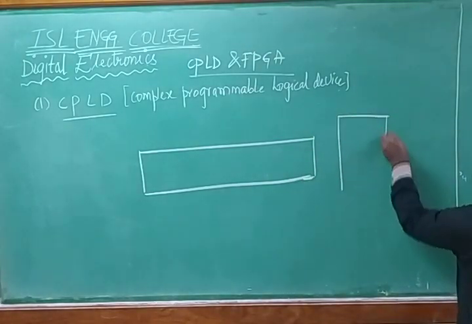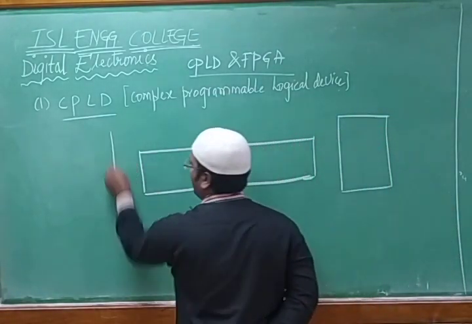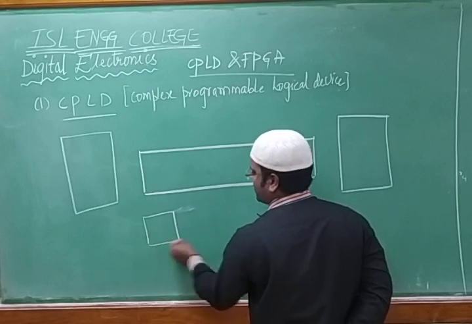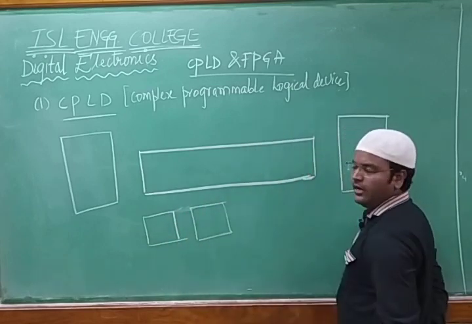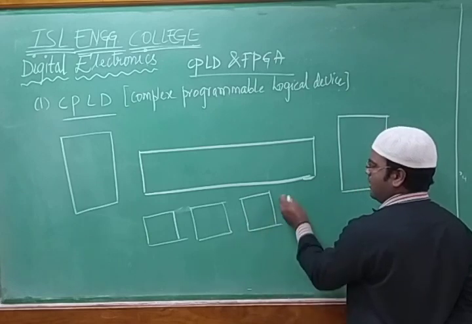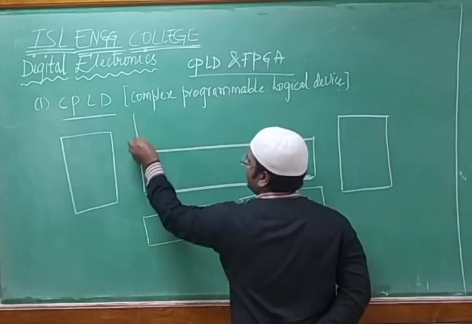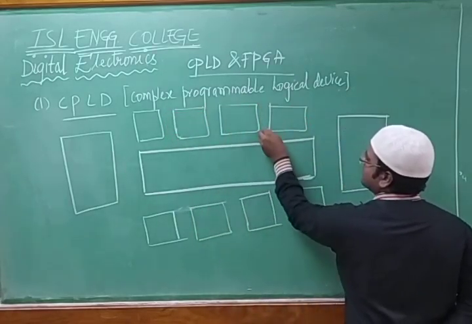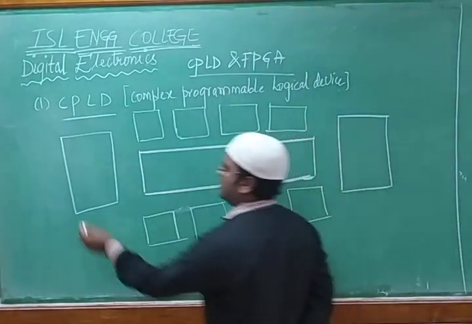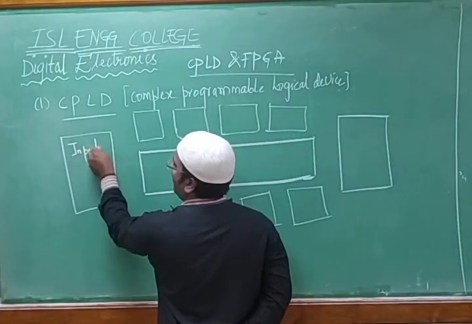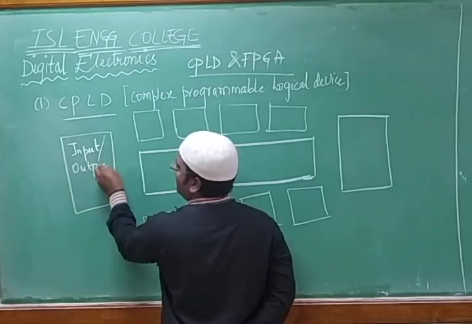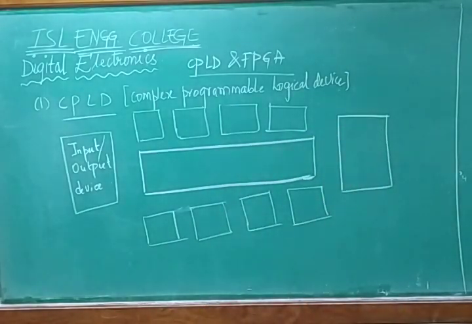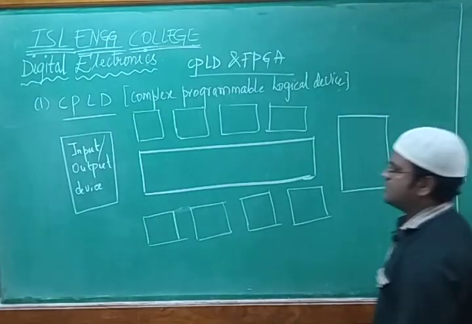two things. One is the input output block. Likewise we will design the input output block, and we will be having PLDs. Since I am saying it is complex, it means whenever we want to design multiple units, whenever we want to take any value which consists of multiple things, then that can be considered complex. Complex means it can work for multiple programmable devices, right? So here this is considered to be the input output device or block. First we are writing its input output block, which is nothing but a block.